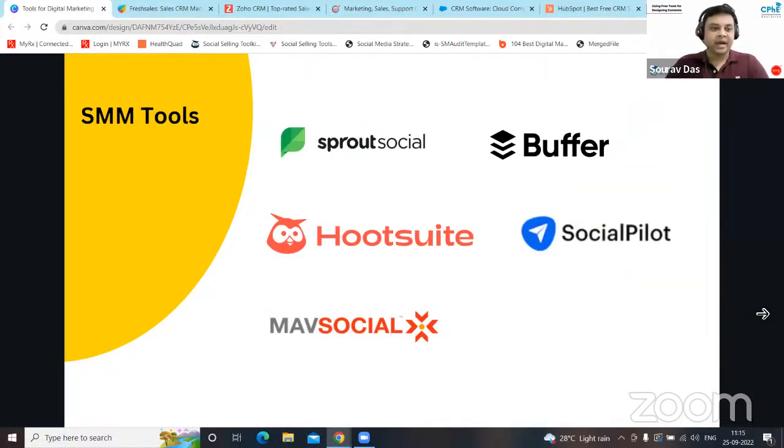Now, coming to the second aspect, which is social media marketing, or SMM tools. Social media marketing, we all have been hearing about the social media world. Social media is not only about Facebook or LinkedIn or any of the social media platforms that we are using. What generally happens is, when we are a big enterprise and we are deeply into social, managing the social media applications will be a difficulty, because if you have attended my previous session, I have also mentioned that